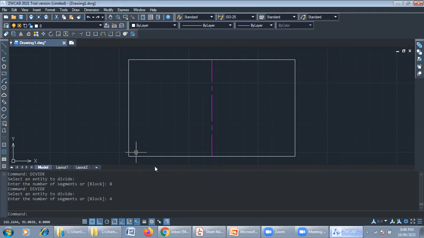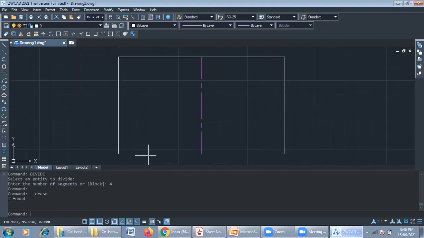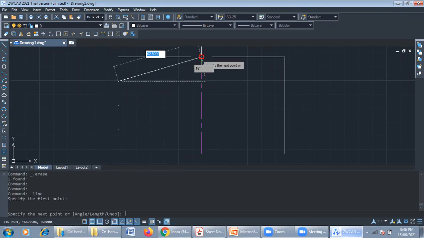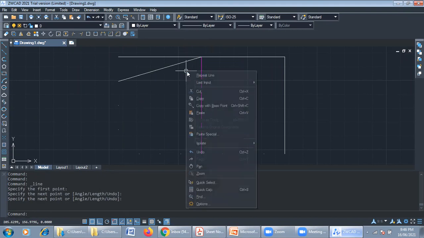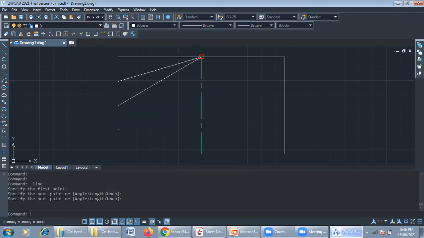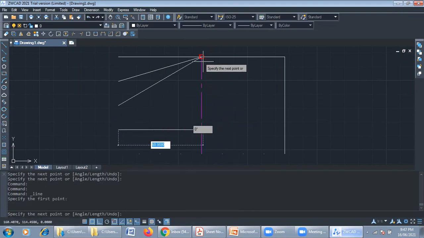How can I detect those endpoints? Simply I will take this line and delete the line so that you can see the exact spots of the lines which are there. Similarly I will delete this. As a construction part, I will join this with the apex, as we are done with the manual drawing. In the manual drawing, most of you have drawn it this way. Similarly, this case also I will be drawing.